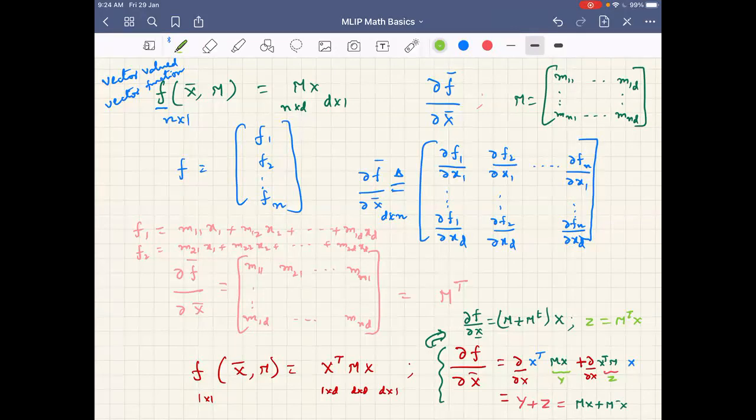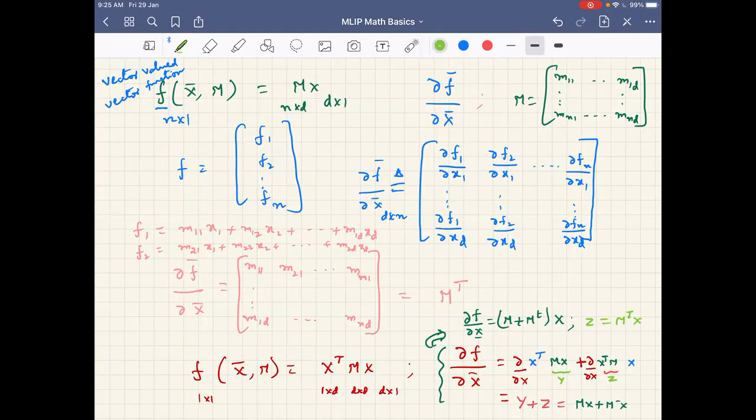Yes, sir. But you have kept MX as constant in the first term. Then how did you make only X as the constant? Like X transpose should be the constant in the second term, no, sir? Okay. You are asking X transpose should be constant and this has to be differentiated, right? So MX has to be differentiated. If we wish to do that, we can do that as well. If we keep MX for differentiation, then what we get, M transpose is the answer for it. Yes, sir. Then sir, X transpose, the problem is dimensions don't agree, right?